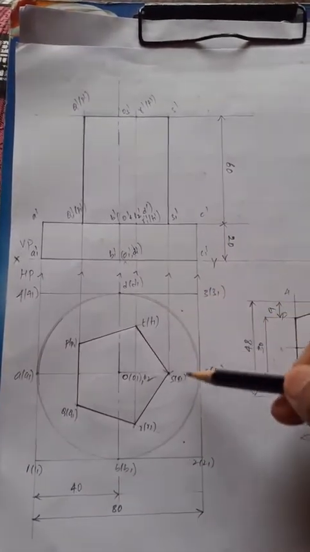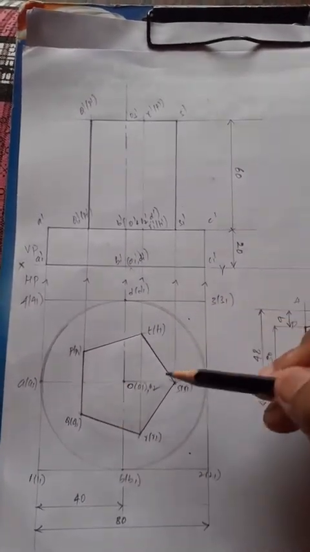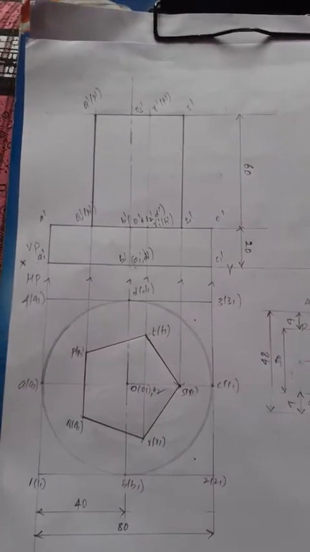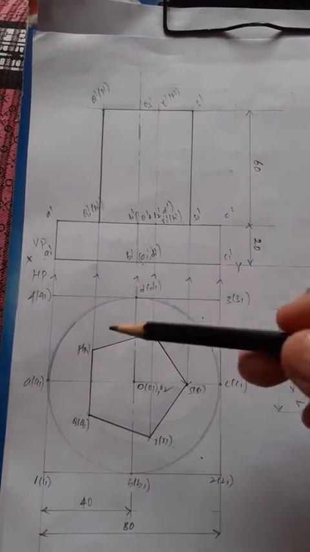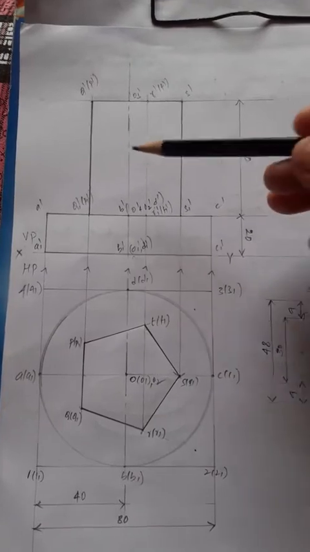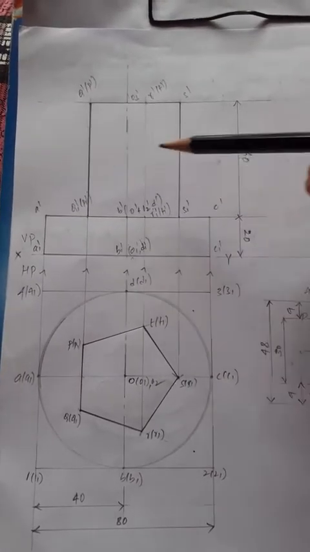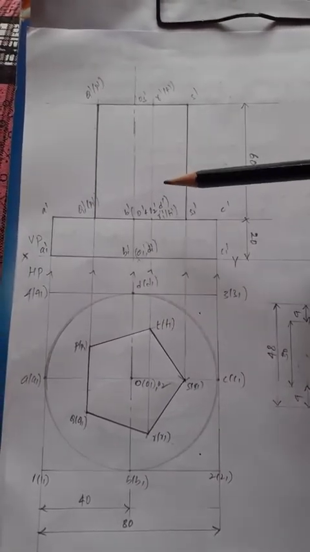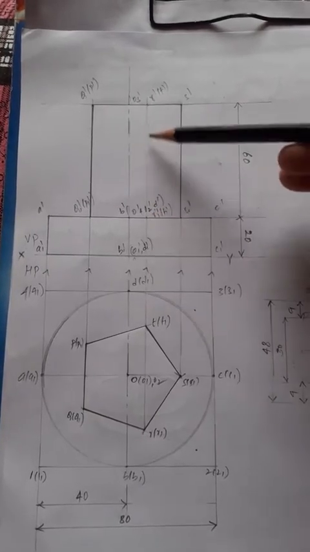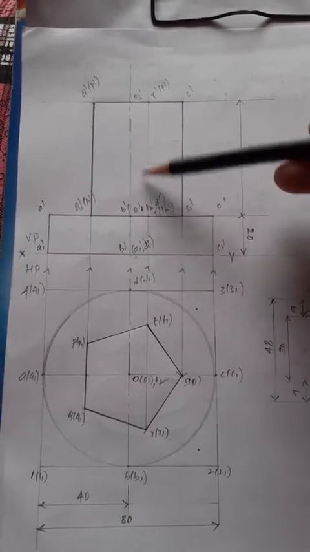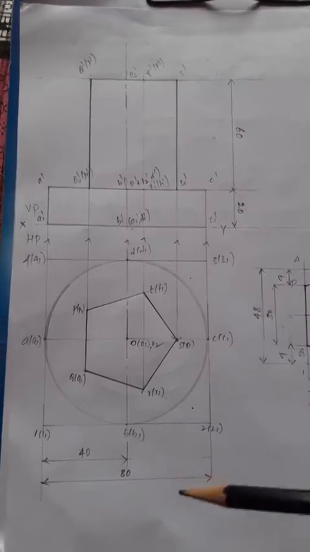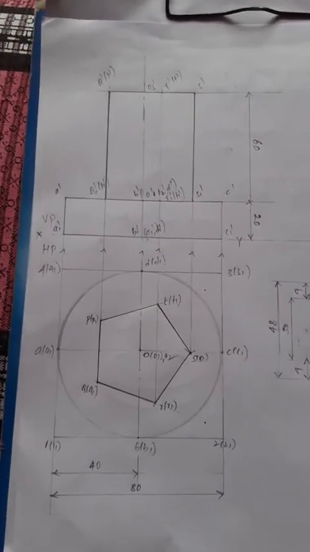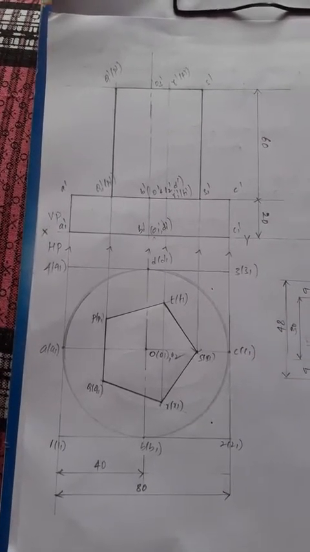Then again you construct a regular pentagon on the top view of the cylindrical block. Then you project it vertically. In the front view it looks like two rectangular faces. Now this is also a continuous thick line, right? These are the orthographic projections of the cylindrical block over which a pentagonal prism is mounted, right?